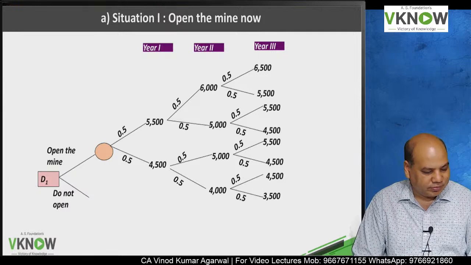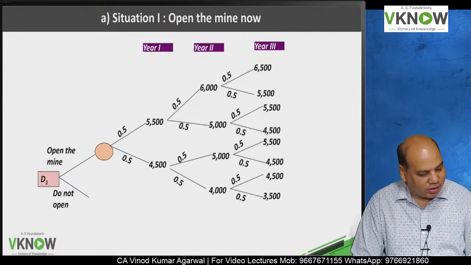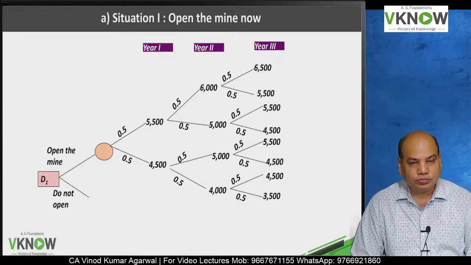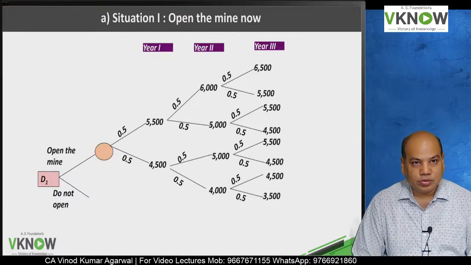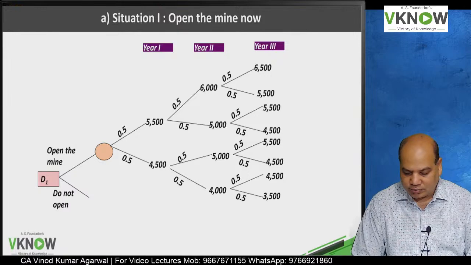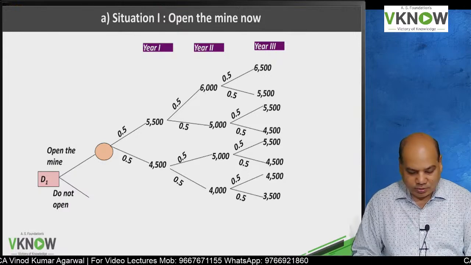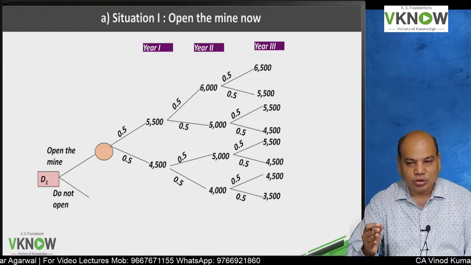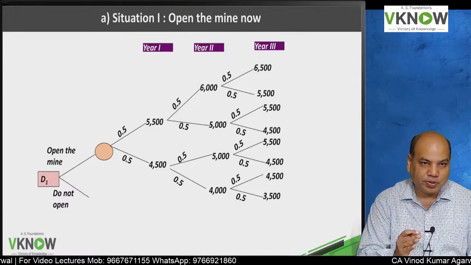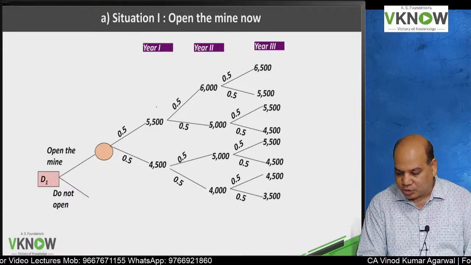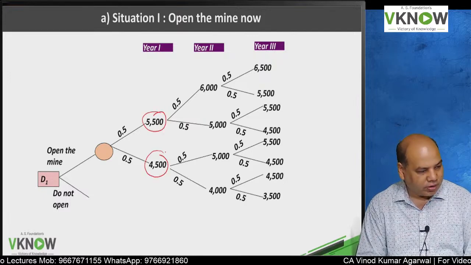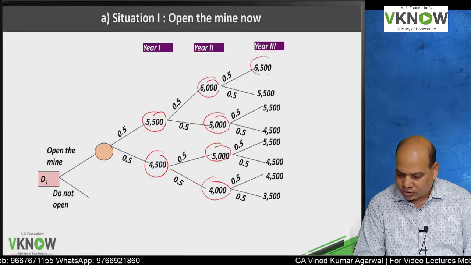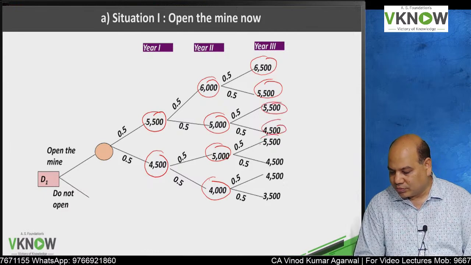Advanced Capital Budgeting. Yesterday we took one question, number 78. The question is whether to open the gold mine now or to open it after 1 year. Today the price is 5,000 rupees and the price can rise by 500 or fall by 500 from the previous level. So these are the possible prices in year 1. These are the possible prices in year 2. These are the possible prices in year 3.